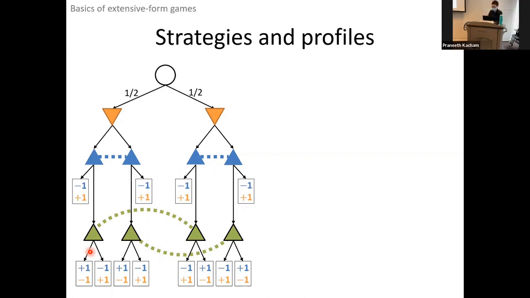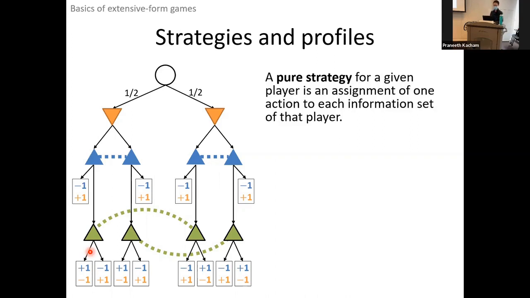Okay, so what is a pure strategy? A pure strategy for a given player is an assignment of one action to each information set. And to go back to something that Isaac just pointed out, actions are typically labeled. We will be assuming that in each information set, the player has the same actions at each node. So this is a possible thing to do. I'm going to pick one action, not a problem.